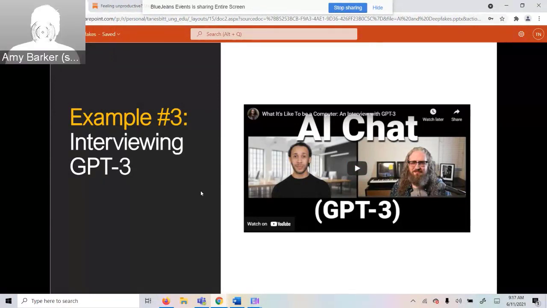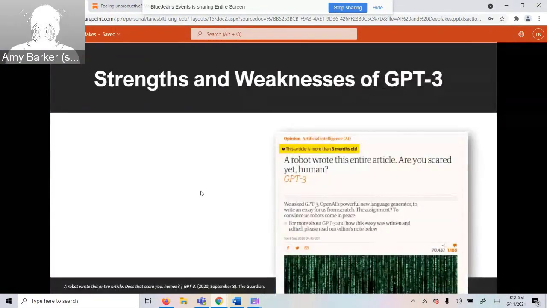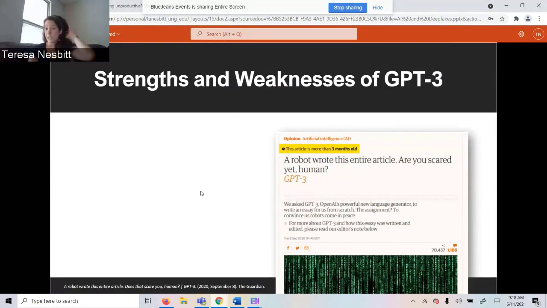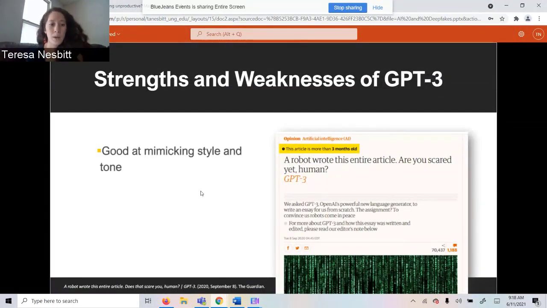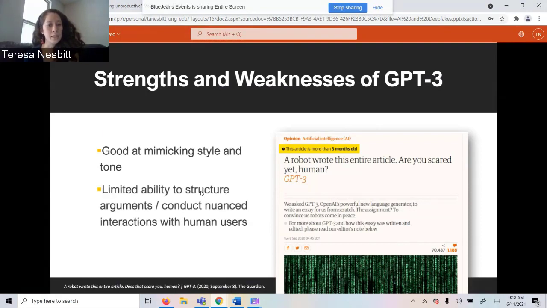Okay, GPT-3 as it stands still is not perfect. While it is really good at mimicking style and tone, and a lot of the things that we've looked at so far are creative enterprises, and it's fairly successful at that, what GPT-3 lacks, I've heard it described by one researcher in a way that I thought really pithily.